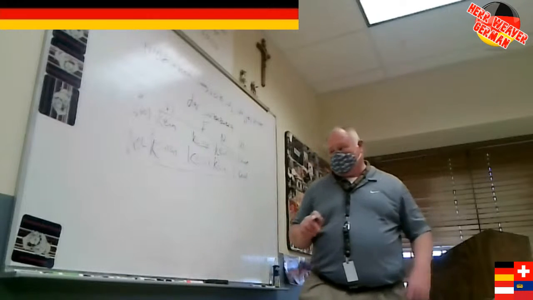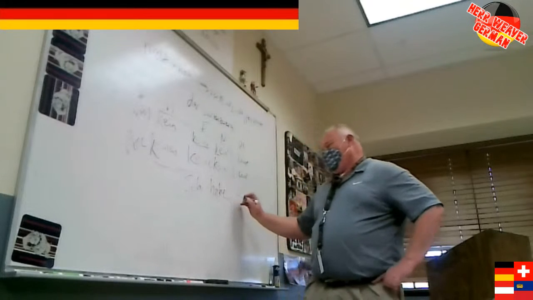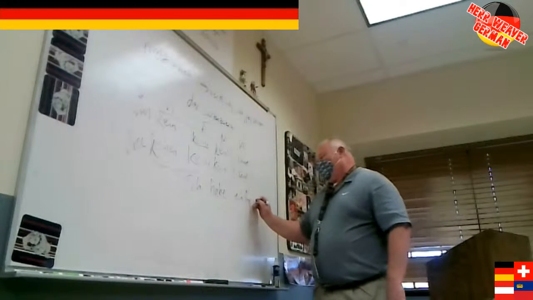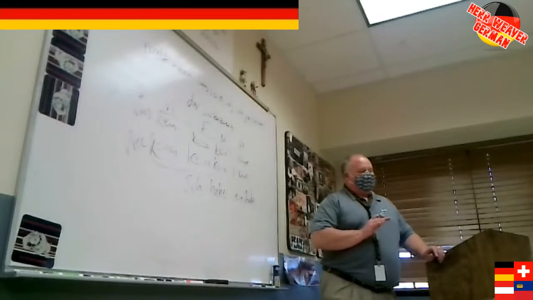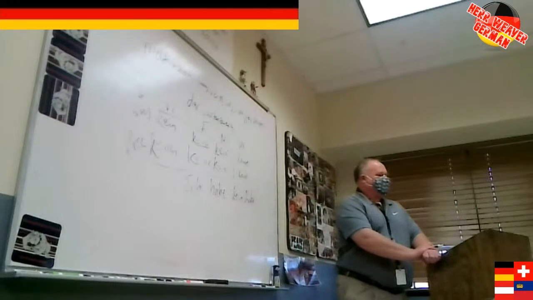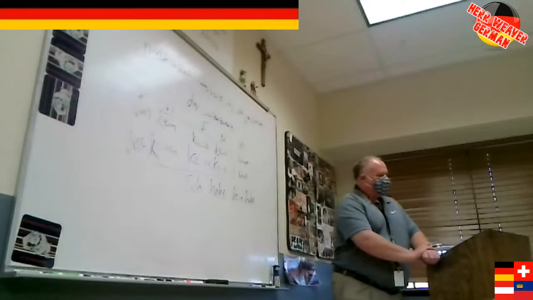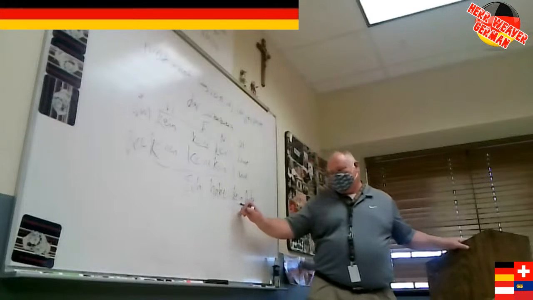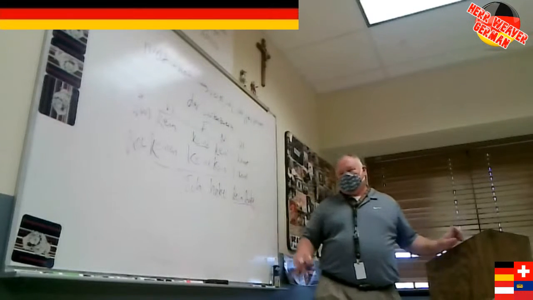So now I can say, another positive sentence, ich habe ein Auto. But if I don't have a car, don't worry. Just add a K to your sentence. I just took your car away, if you have one. Ich habe kein Auto. Ich habe ein Auto. Ich habe kein Auto. Don't negate the verb have. Negate the thing you don't have. If there's a noun to negate, negate the noun.